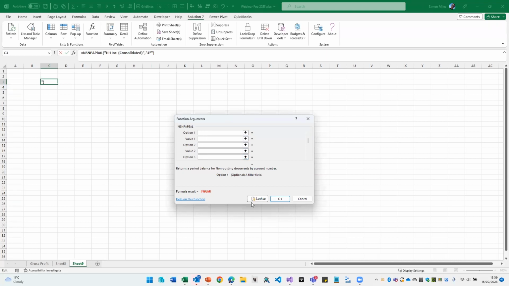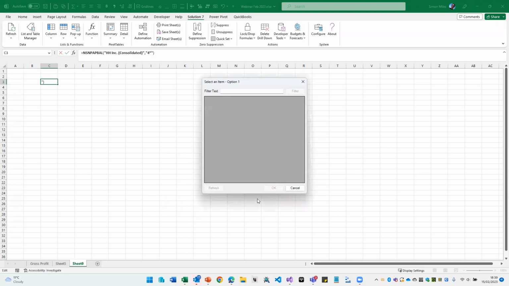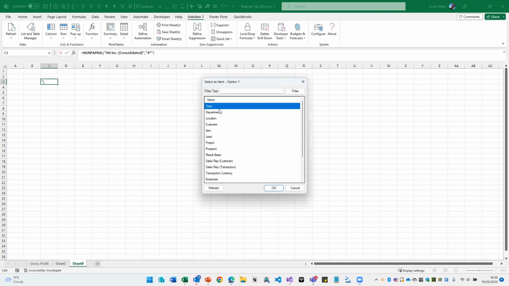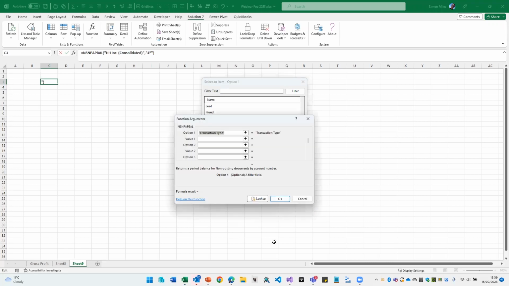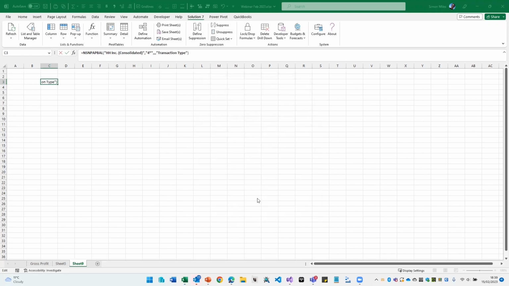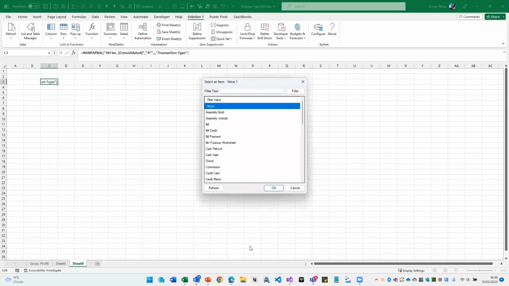What that means, well, if we hit the lookup button for the option, we can choose the traditional segments of class, department, location, but we also now have the ability to filter by customer, by item, lead, project, prospect, and so on. And you'll see if I scroll down, one of the options here is transaction type. And for the value, we've got all of the available transaction types that you can post into NetSuite, including things like